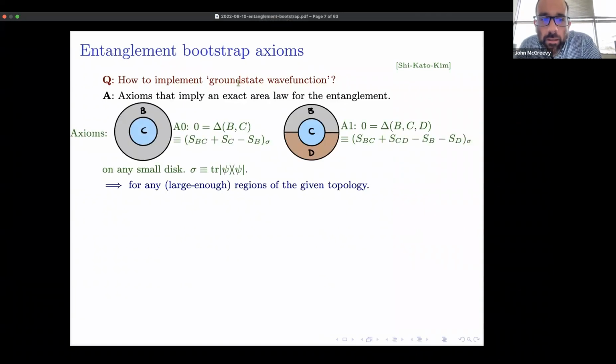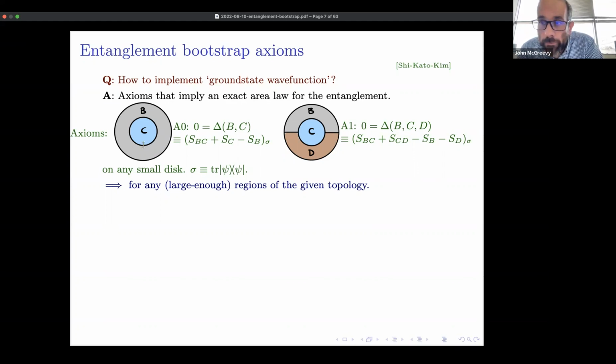So more specifically, I'm going to demand that on any disk, actually we can imagine we start with a lattice model and only demand that it's true on a small disk compared to the lattice space, just a few lattice spacings, that this combination of entropies, which I'll call delta BC, vanishes. So that's a saturation of the Araki-Lieb inequality, if you like that language. And also that this combination of entropies vanishes. So draw any ball on our disk where we have the wave function, and demand that these two things are true.